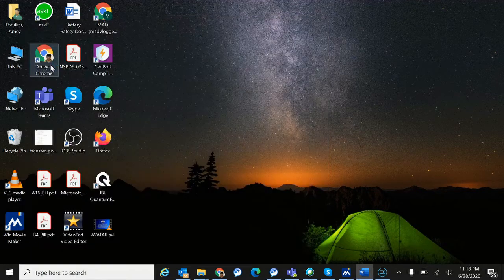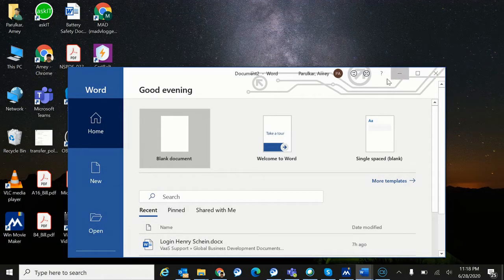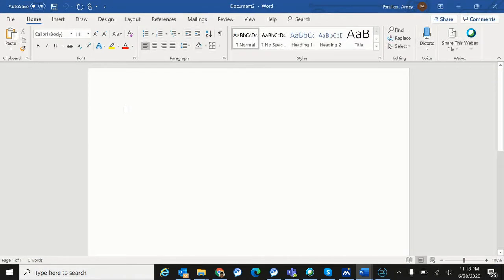Once you click on the Word application, the application will open up and by default, a blank document will be selected. Click on the blank document and the blank Word document will be loaded. Once the document is loaded, you can see the cursor in the document tells you where you're typing. Wherever the flashing cursor is placed, the letters that you type will be inserted at that point. When you start a blank document, the flashing cursor will be at the start of the document, ready for you